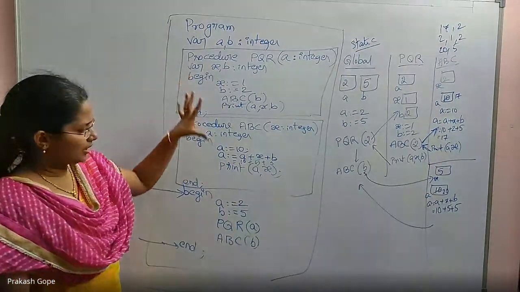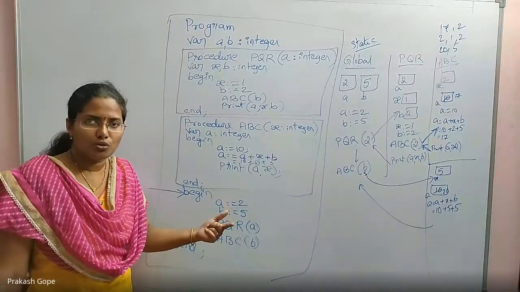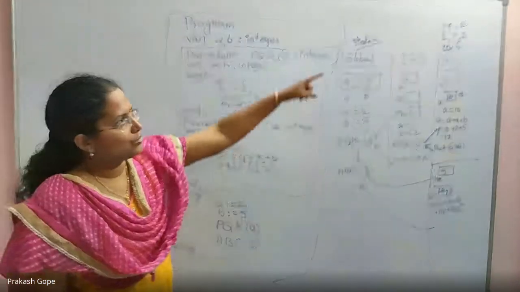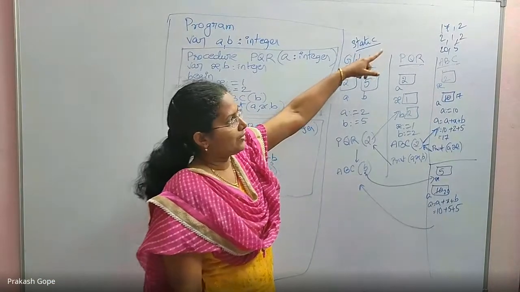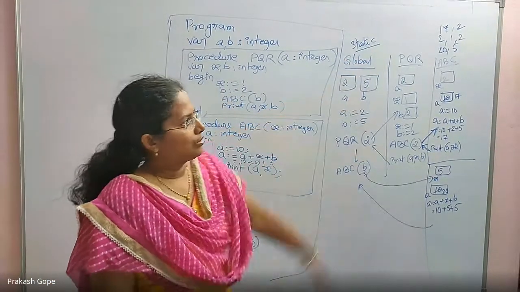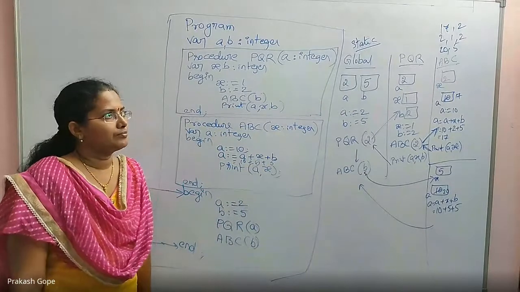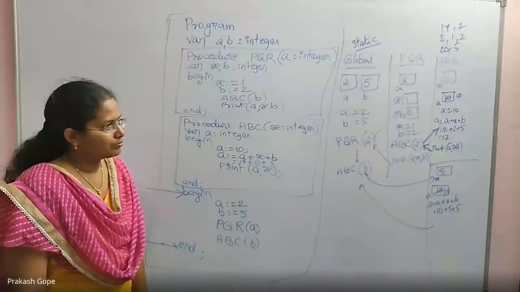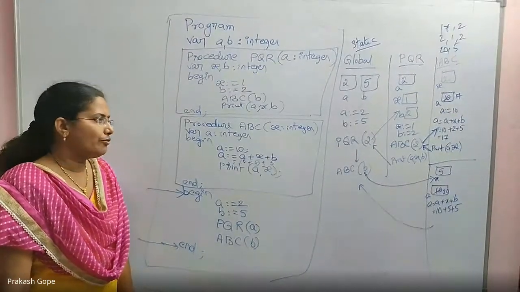Shall we take the same code and execute it for dynamic scope? Then what is the answer? So those answers are for static scope: 17, 212, 20, 5. That is for static scope. If I do it for the dynamic scope,